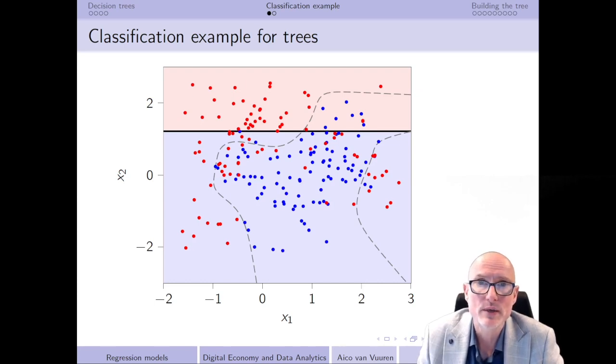Trees do not always have just one layer. What we can do is go for a couple of different layers. The first thing we could do is go for 2 layers instead of 1 layer. What does that mean? Well, that means that we have to further break up these 2 subspaces that we already have. We have a subspace over here, and we have a subspace over there, and we are going to break them up into further subspaces.